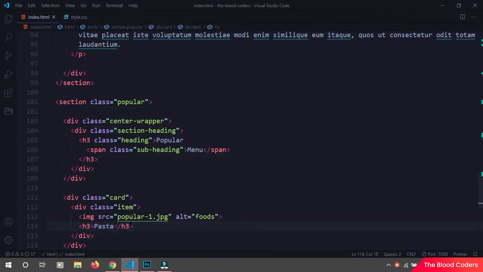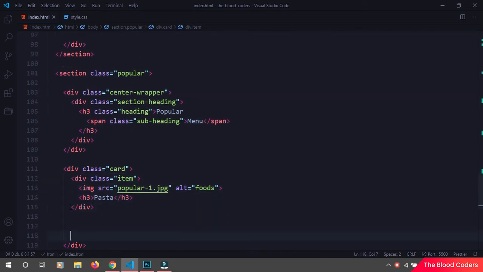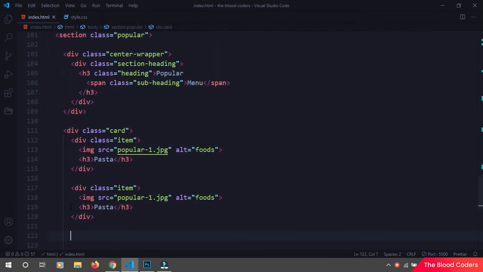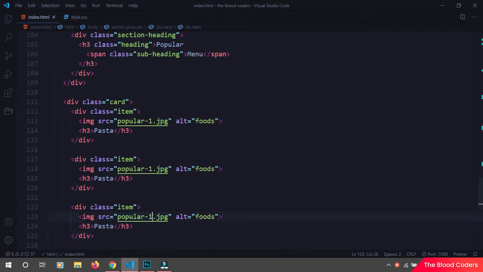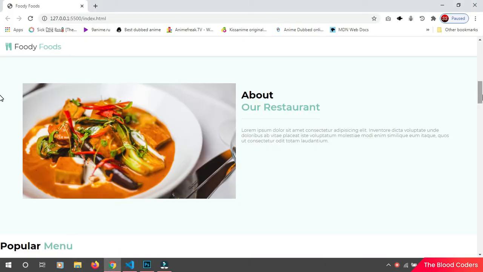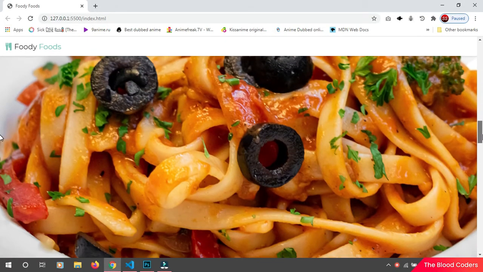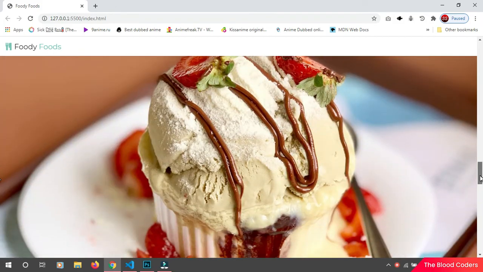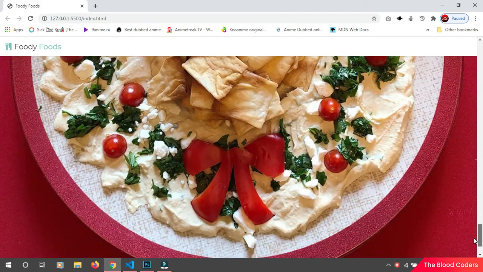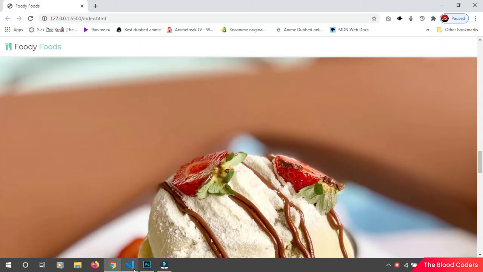pasta. Okay, we will just copy it 3 times and just change the picture. Okay, so let's go back and check what we have. Okay, so we have this gigantic pasta and then this ice cream, and again. Okay, so let's go back in our HTML